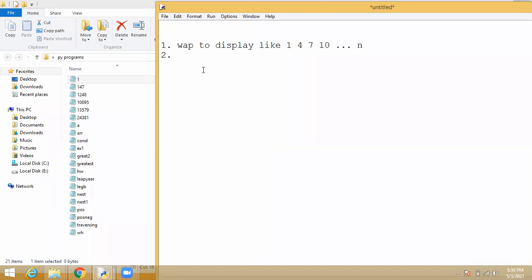Then the second one, write a program to display 1 2 4 8 16 up to n, that is a multiplication of the previous value, 1 into 2, or you can think like 2 power 0, 2 power 1, 2 power 2, 2 power 3, like this. Students understood?